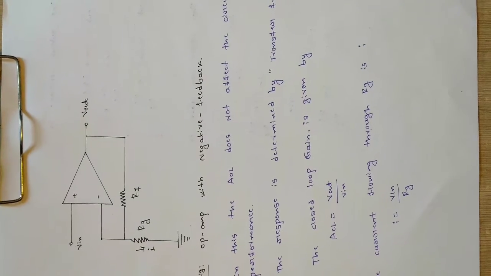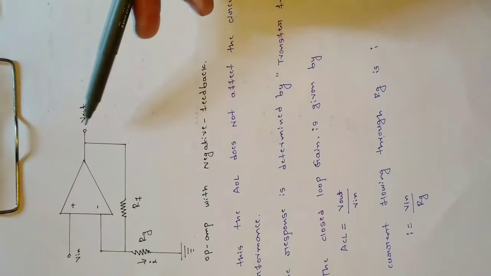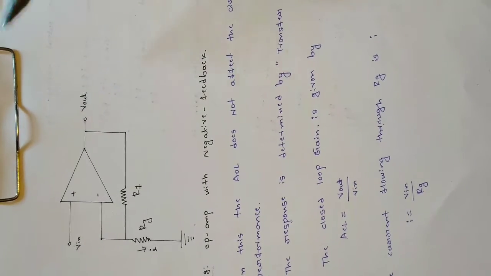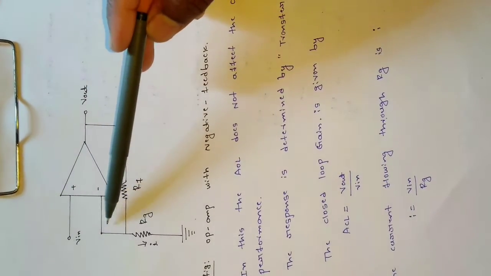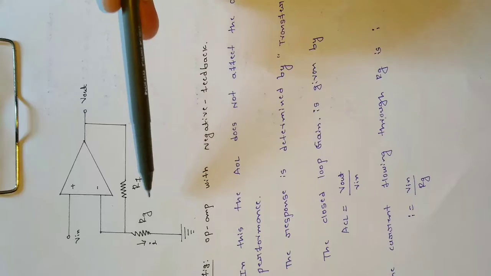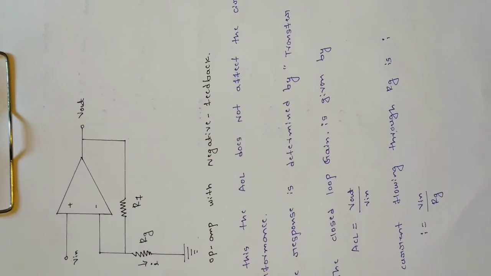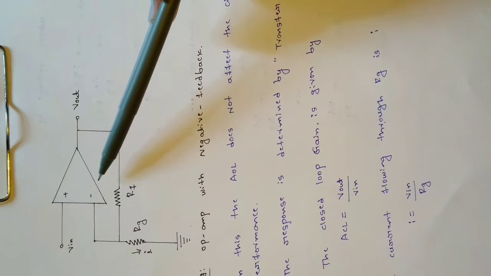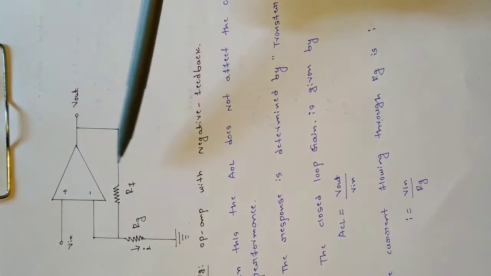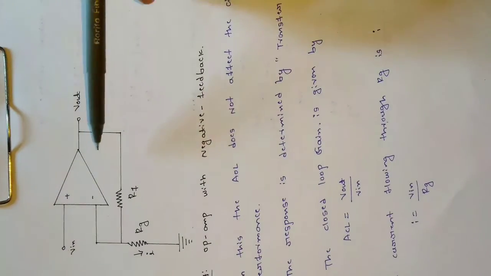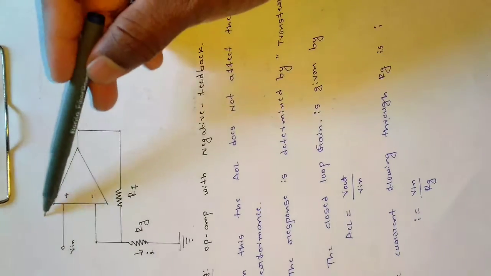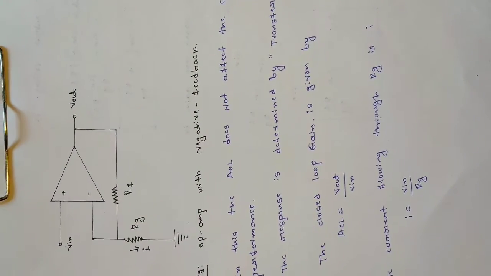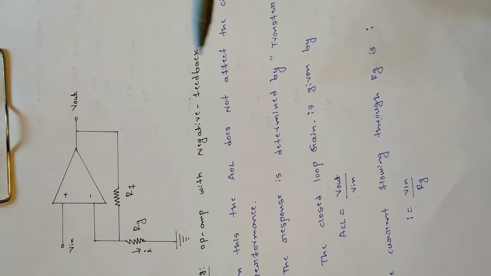There the loop is closed. As you can see in the figure, the output is taken back and fed as the input again. This forms a voltage divider circuit here, so there will be a voltage depending on RF and RG. Remember one thing, in this case it is negative feedback because we are feeding to the inverting terminal here. And if we are feeding this output back to the positive terminal of the op amp, then it becomes positive feedback. So in this case it is negative feedback.